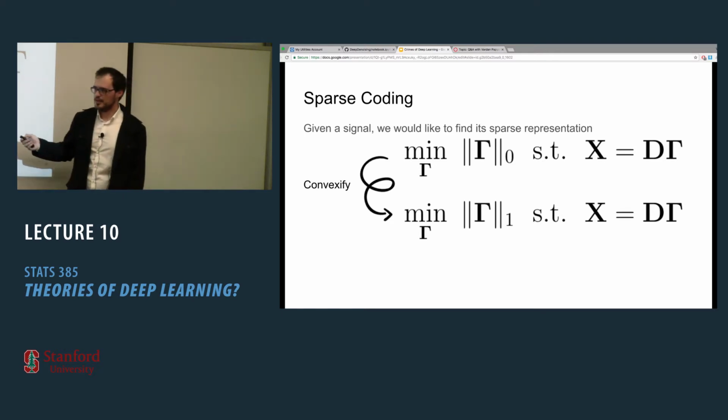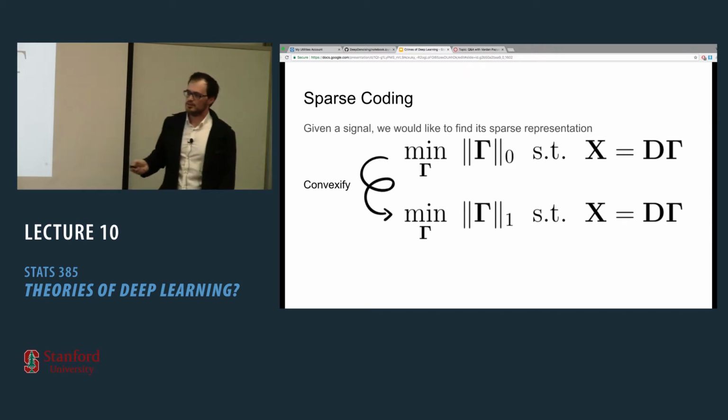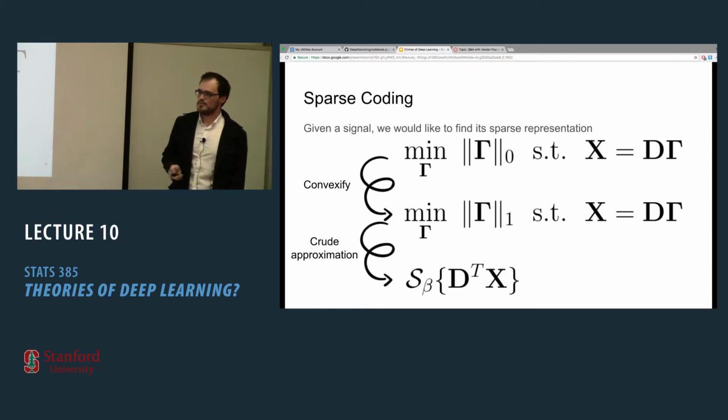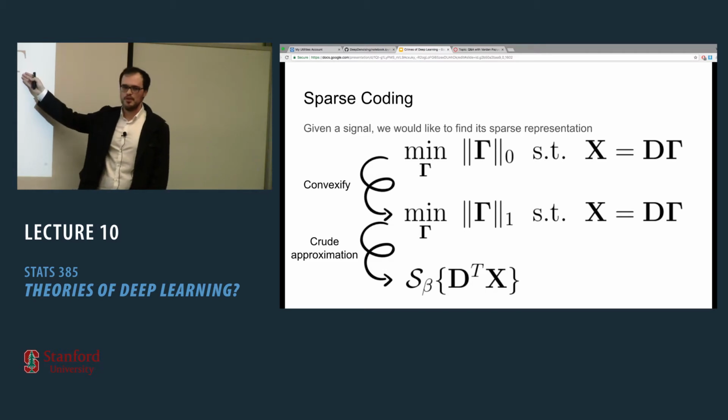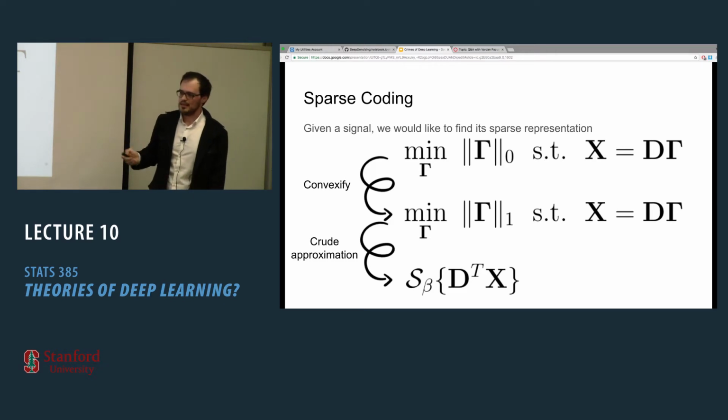Now, we're impatient people, and we don't have time to do convex optimization to solve this whole thing. I mean, you need to do some sort of linear programming. So what you can do instead is some sort of crude approximation. Instead of solving this whole optimization problem, you just do one step of it, which is called the thresholding algorithm. And the intuition behind this algorithm is very simple.